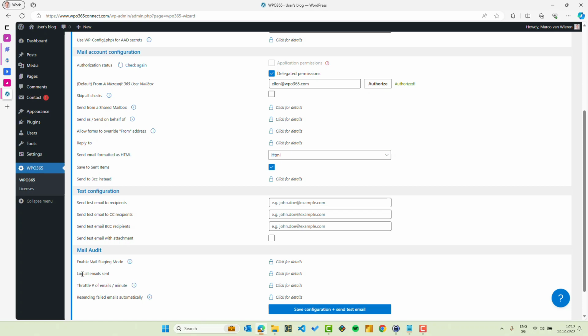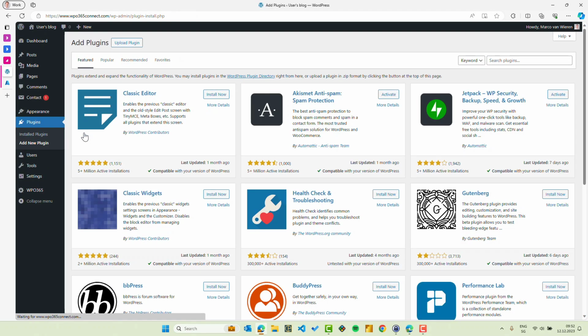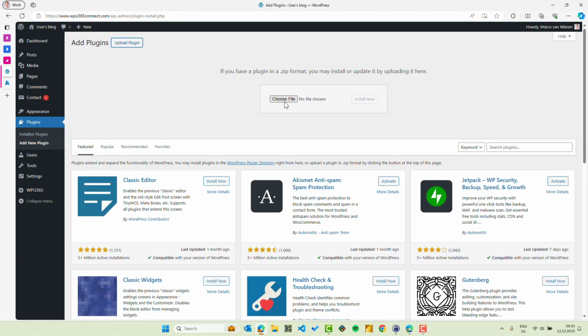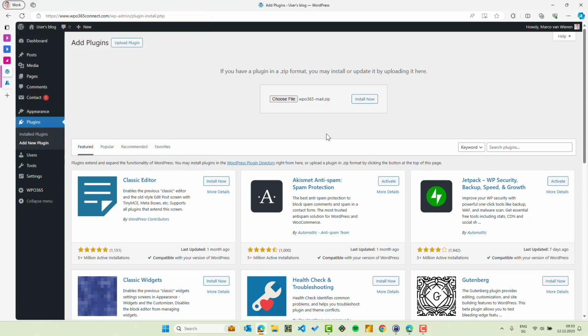I can scroll down and I find a separate section for mail audit. And I can here log all emails sent. But this is a premium function, and if I click for details, I can see what extension or bundle would unlock this for me. I would quickly head over to plugins and click to add a new plugin, and I will upload the premium extension from my local PC. There is a different video that explains exactly how you can download a premium plugin that you purchased from our website. I'll click to install